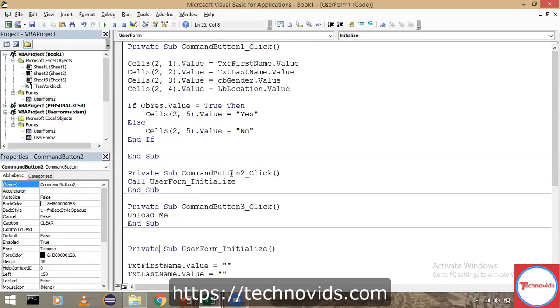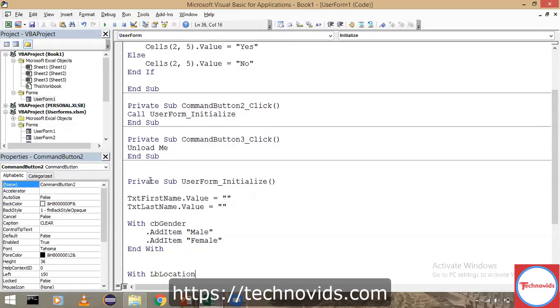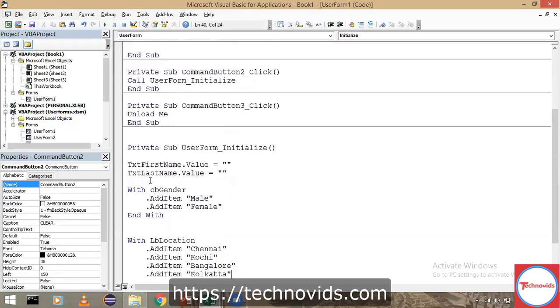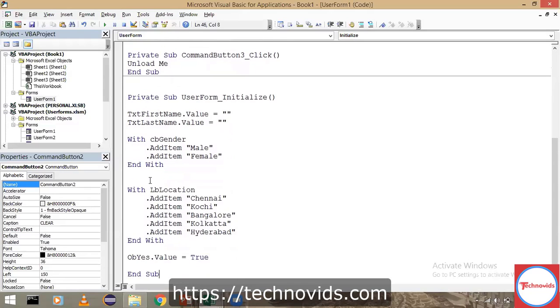Once you click on the clear button, it should call a default function which is already available with your user form, that is UserForm underscore Initialize, to initialize all the things present in your user form. That is, I have two text boxes, one combo box, one list box, and of course our option buttons are there. Okay, finally we're done with the code.